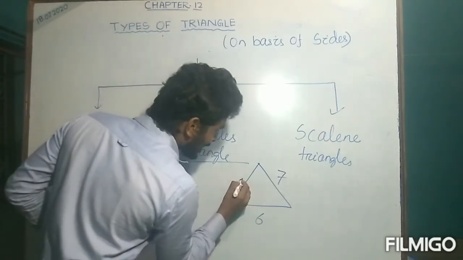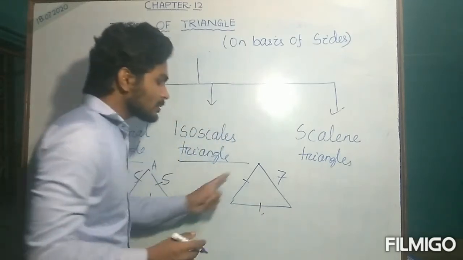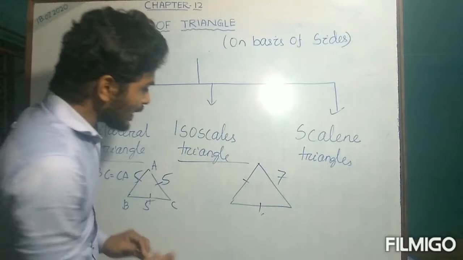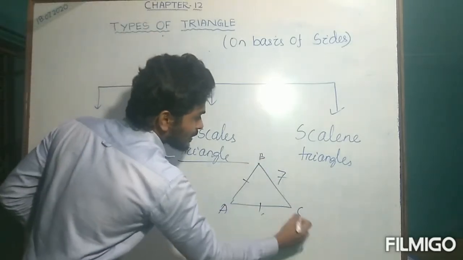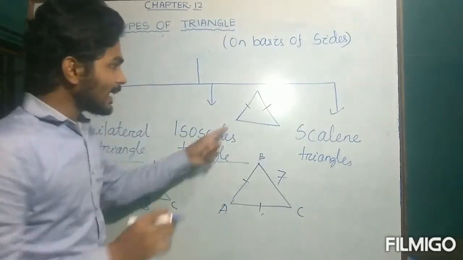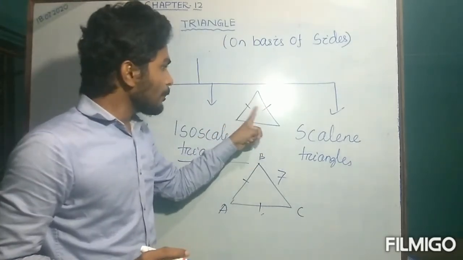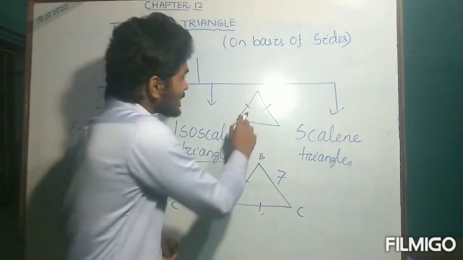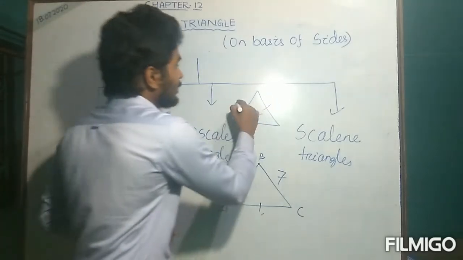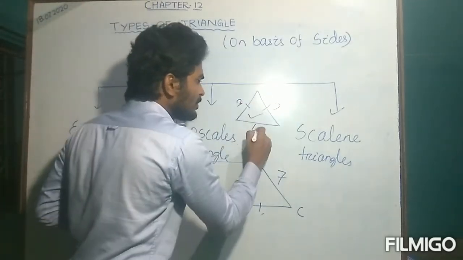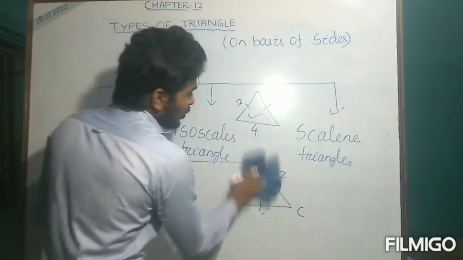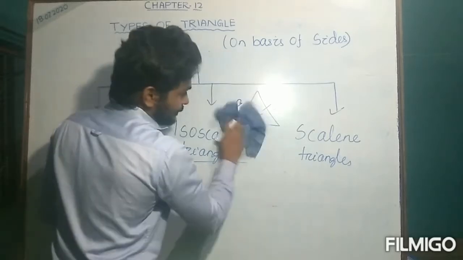Okay, it can be represented as, since these two sides are equal, you can represent it by marking a line. Okay, so this is isosceles triangle. It is also an isosceles triangle. If a diagram is there, by marking some lines, then you can say yes, it is an isosceles triangle, because these two sides are equal here. And if it is 3, it should be 3, and it should be 4, 5, 6, 7, anything you can take.